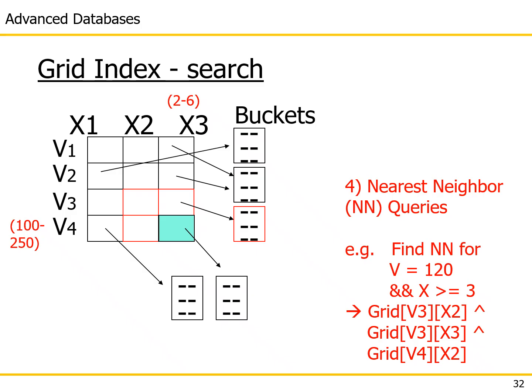The nice thing about this is that we could also answer nearest neighbor queries. This is the first time you see a data structure, apart from R-trees, that gives you the ability to answer nearest neighbor queries. And again, don't think of this as just being geographic information. This could be used in the context of business intelligence, for example, to find out if, say, X and V are representing